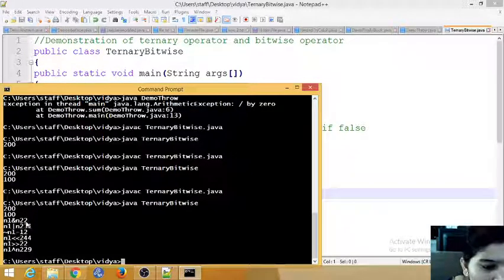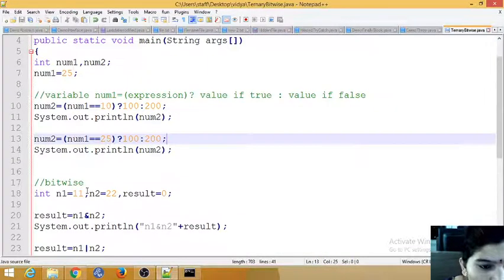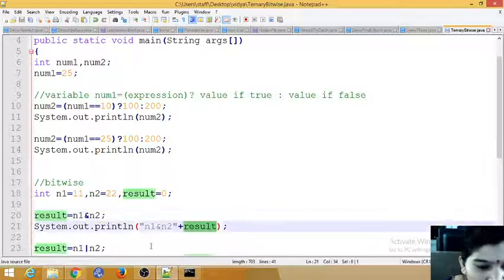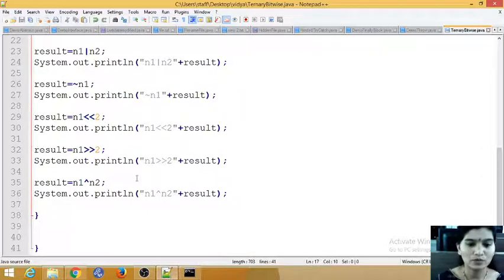So this is into 2, I am getting 2 as a value. For this I am getting only one value, 2. For OR I am getting a value of 31. For tilde I am getting minus 12, and 44 for shifting, and for one more I am getting 2, and for the last I am getting 29 as the value. So this is how bitwise operators work.